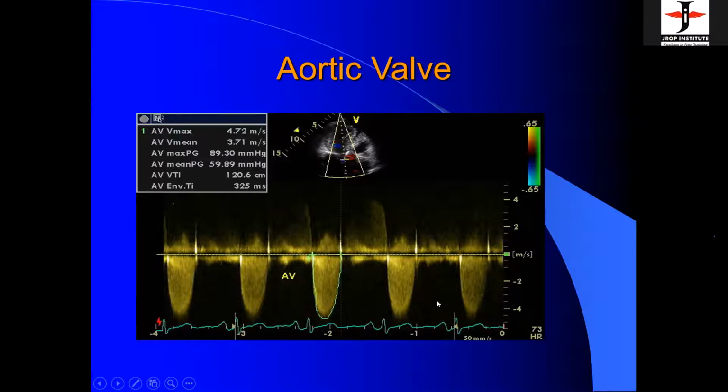And when we are in sinus rhythm, we always measure 3 cycles. One cycle, now you hear this may be slightly slow, this may be wrong, because all of them are measured in the expiration phase. So breathing should be stopped for that period when you are recording the velocity. So this is just to tell you that your job is to get a good velocity, and the machine automatically tells you the gradient. These are the gradients, PG is the peak gradient also.